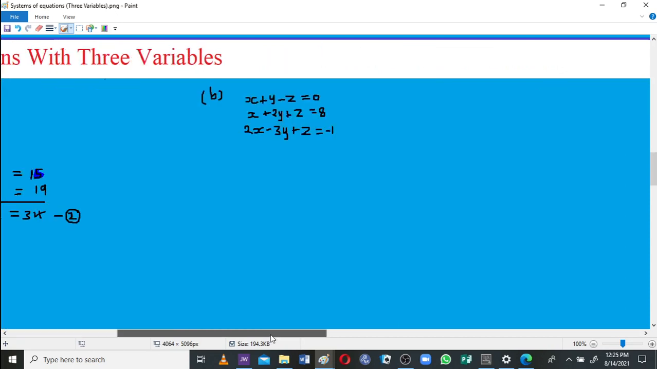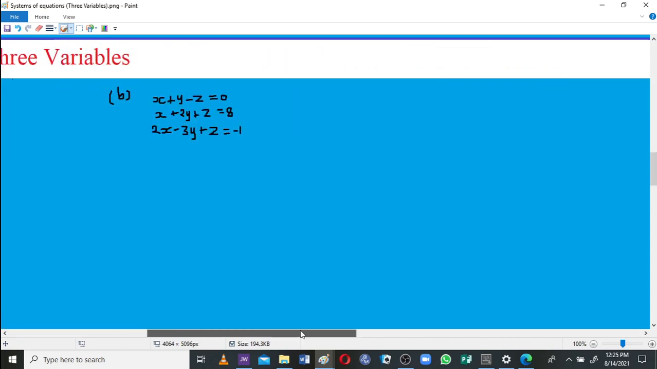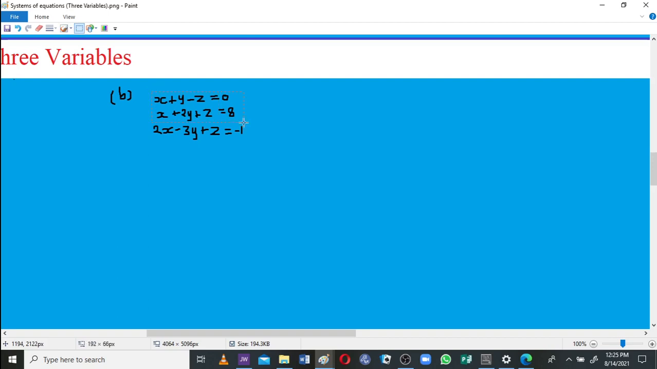Want to solve question B. So we will still use the same procedure. We will start by pairing. So in any way you want, you can pair your equations. Okay, so for me, this one I'm going to make a different decision from the one I made in the